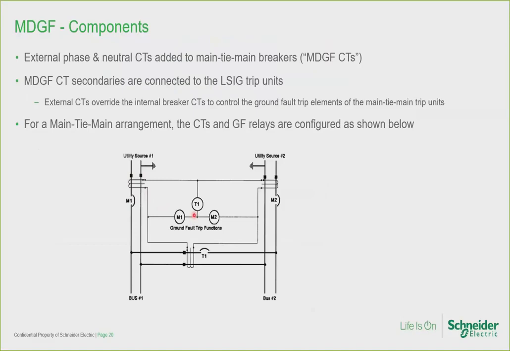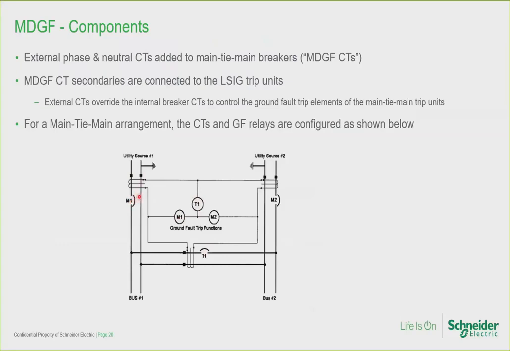What this is showing here is, for example, T1. This is the ground fault trip element of the LSIG trip unit of breaker T1. That's what that represents. So M1 here is the ground fault G element of the LSIG trip unit of the M1 breaker, and so on. Now, what's interesting here,